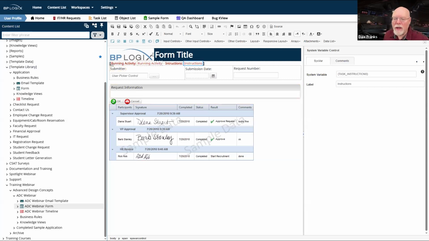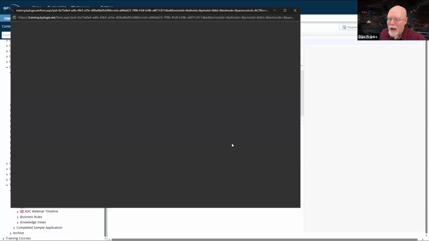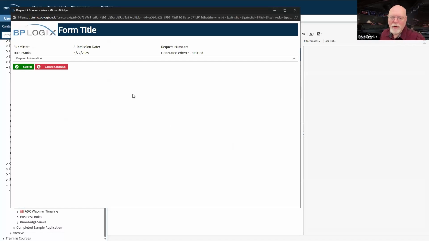Now, I don't want to show this all the time. For example, I certainly don't want to show it to my end user when they first open the form. And so as you can see, when my form first opens, I do not, in fact, see any of that information.